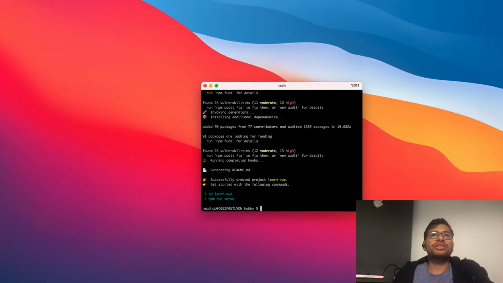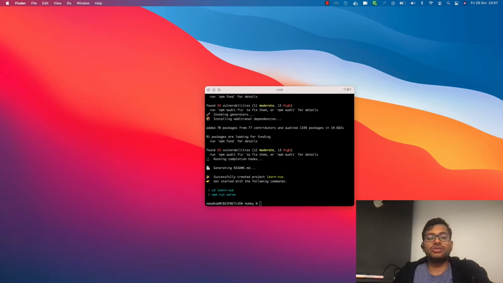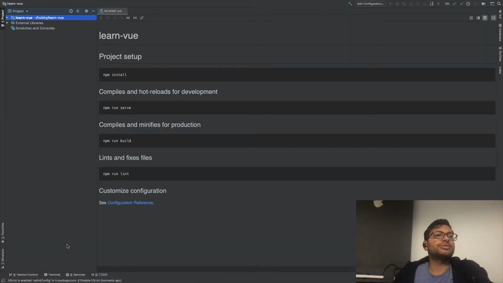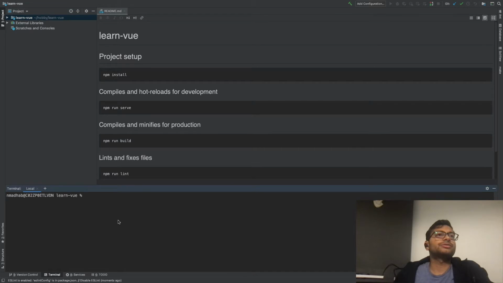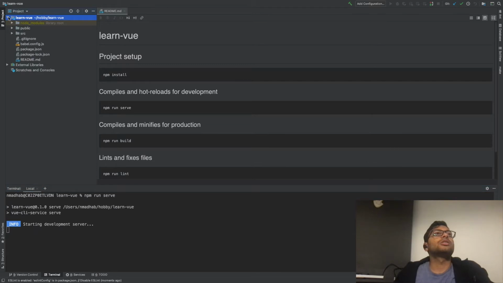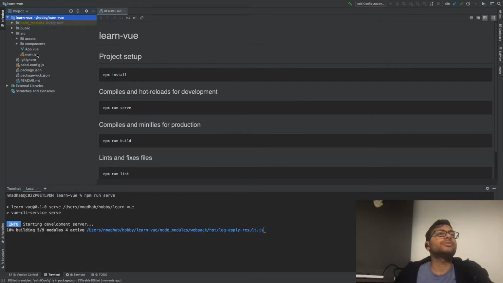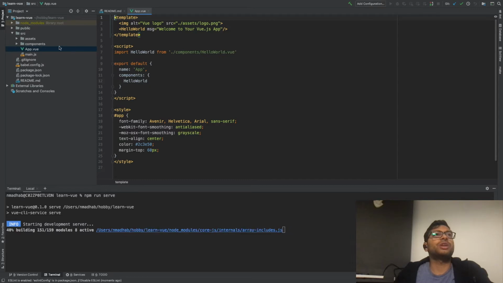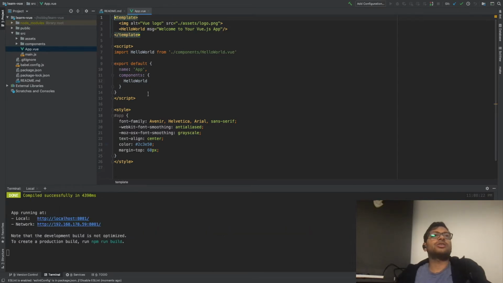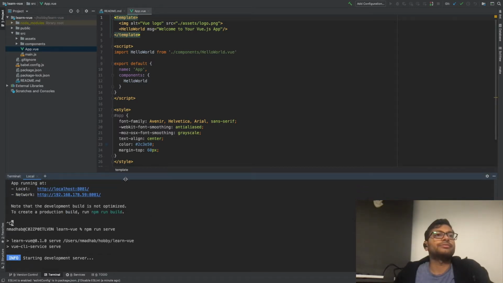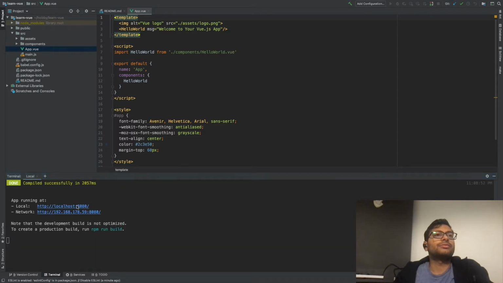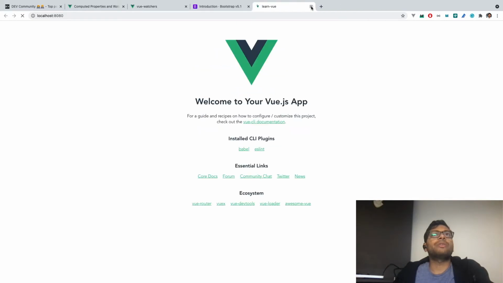So I'll open this project in an editor. You can choose your own editor. So we open this project. Let's run the project here. npm run serve. So we have the bare bone structure of the project. You can see we have a main entry file, it's called app. And let's run it again. So you can see we have a bare bone Vue.js project.